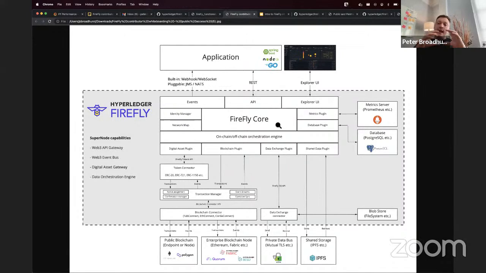It sits as a layer. In past generations of enterprise software, we've called this middleware. It sits between the application and all of those core backend data systems. So whether that's public blockchain, I know there's questions about public blockchain, we're going to talk for a minute about that. Whether it's your own pluggable private blockchain,